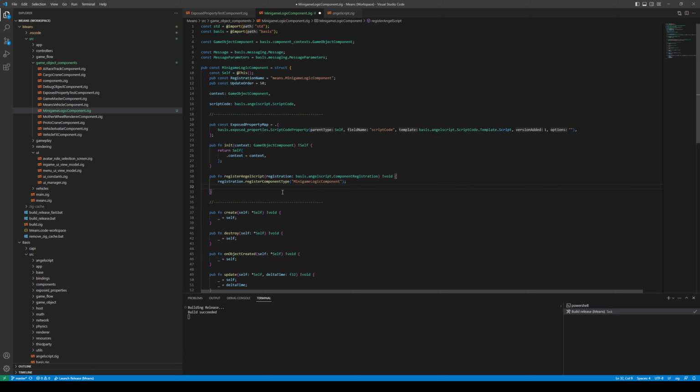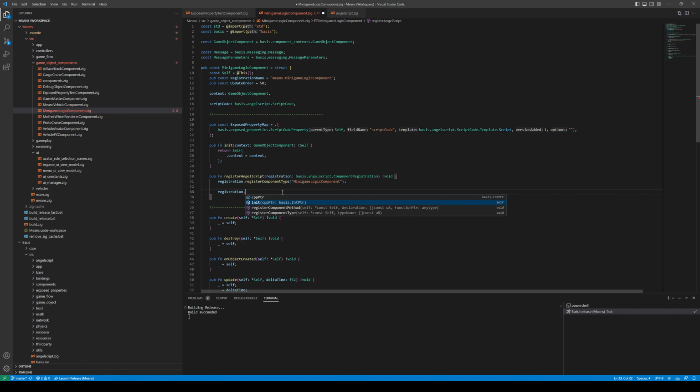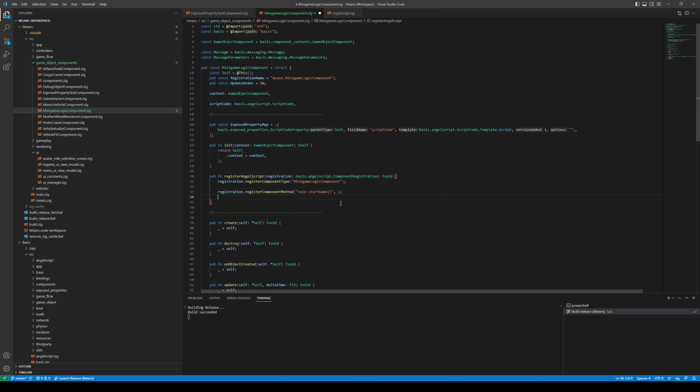So let's think about some things that we will want to script. We probably want to start the game with a script command. So let's do registration, register component method, put in some method here, and we can simply call this void start game, right? And we'll want to put in a function pointer, which we'll get to in a little bit. And then the other method that we'll probably want to have is void diamond